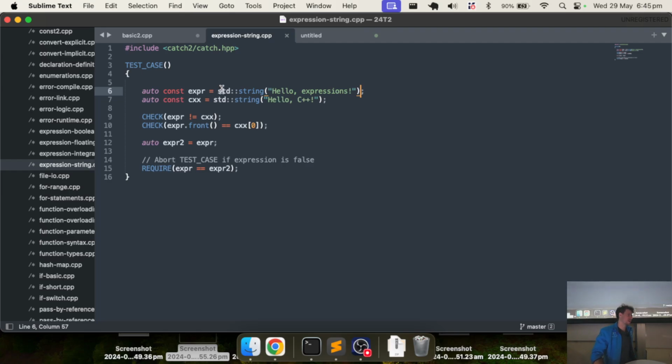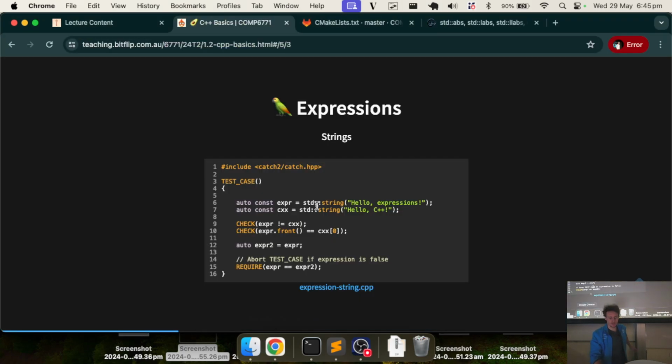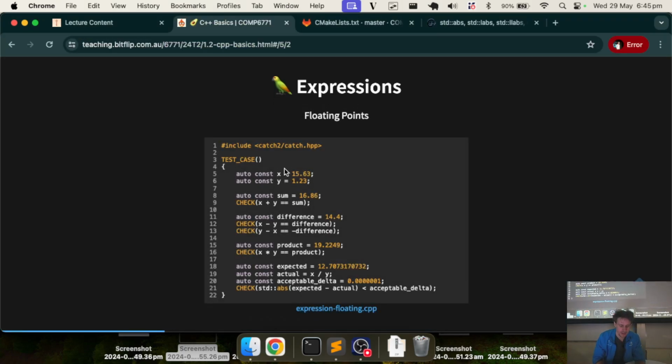This is a kind of programming languages terminology. There's a good course called Programming Languages and Compilers. Has anyone done it? Yeah, so it's kind of covered in a course like that. I believe something like this is an expression, and a statement might be more the line. I'll rain check you on that one. But the reason we call it expressions is just because we're really just talking about